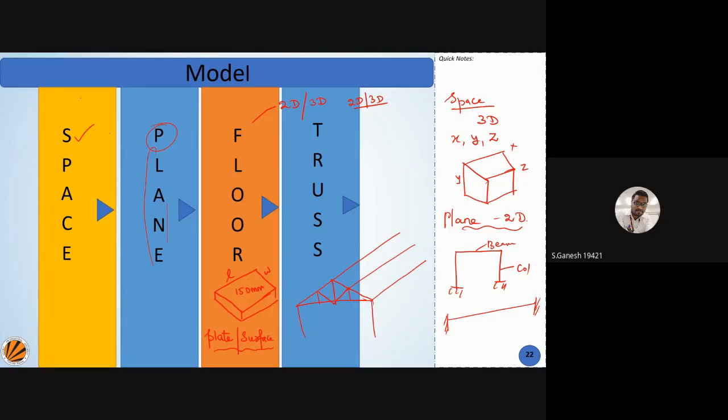So the first one is purely 3D, the second one is purely 2D, and the third and fourth are partial, both 2D and 3D versions. That covers your space, plane, floor, and truss elements.